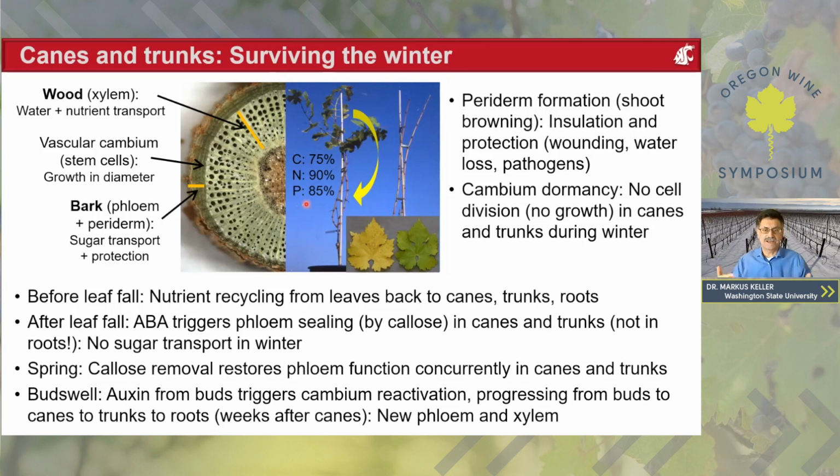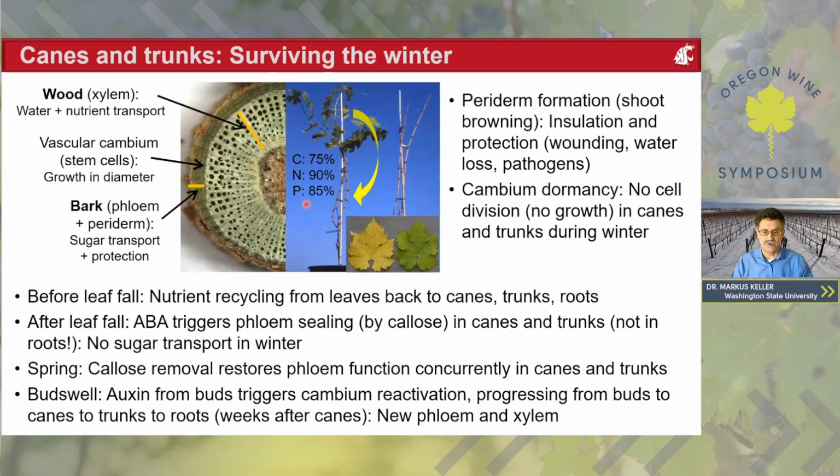In the spring, about the time of bud swell, bud break, that callose is removed from the phloem. That callose that has blocked the phloem previously is now removed very quickly, within just a few days, and the phloem resumes its functionality to support the new growth in spring. This resumption of phloem function occurs very quickly across the entire plant, almost simultaneously in the canes